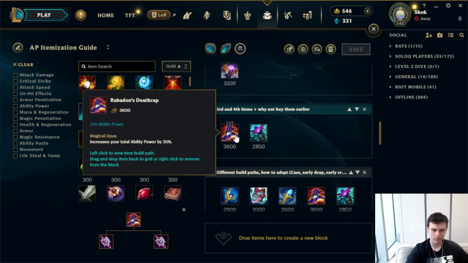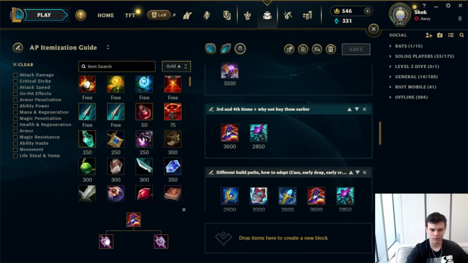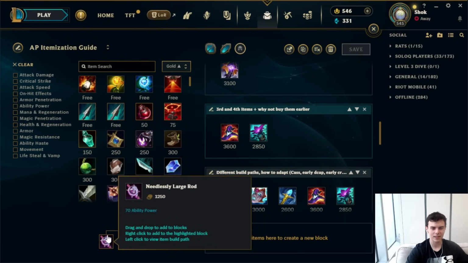First reason is the build path is really, really expensive. You have to buy two 1250 gold items. It's quite hard to consistently base with 1250 gold. So let's say you base with 1k gold. What are you going to buy? You can't buy anything. So you just walk out of base with 3 kills worth of gold, which is a